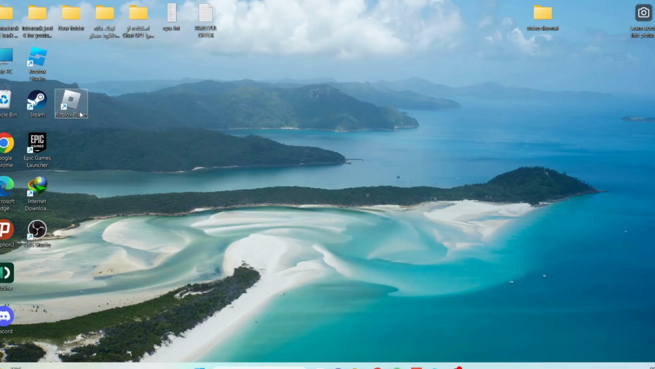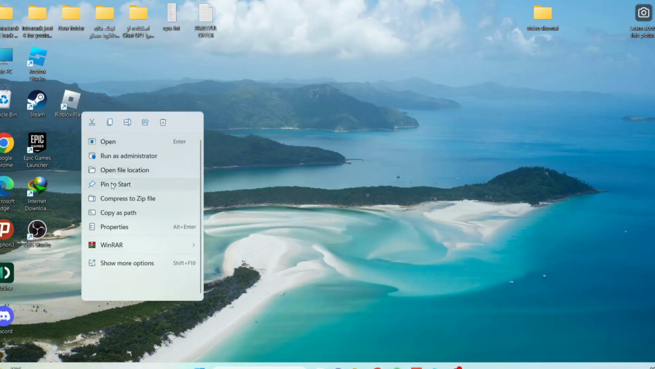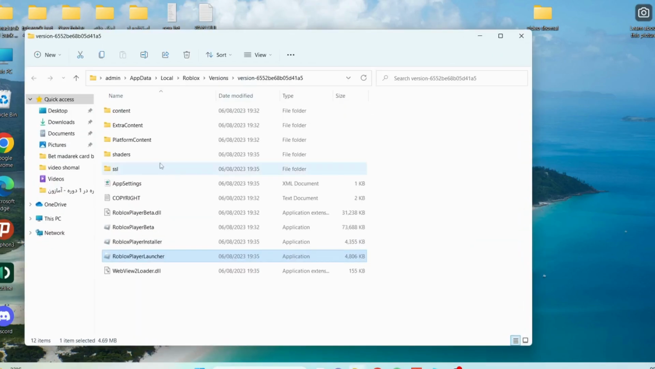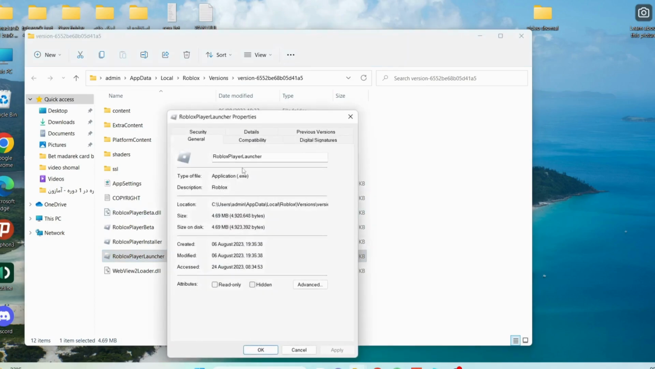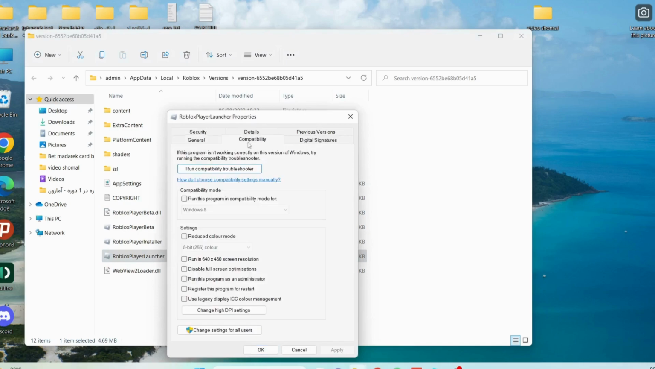On your desktop, right click on Roblox Player and select Open File Location. And then over here, right click on Roblox Player Launcher and select Properties. Then on the top, click on Compatibility tab. Over here, if "Run this program as administrator" is checked, uncheck it and click on Apply and